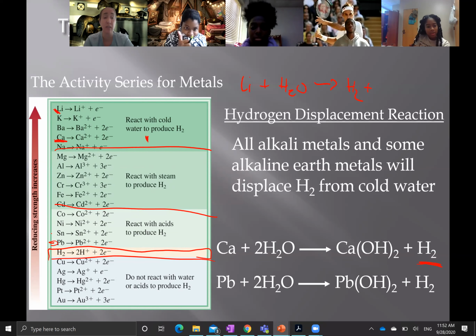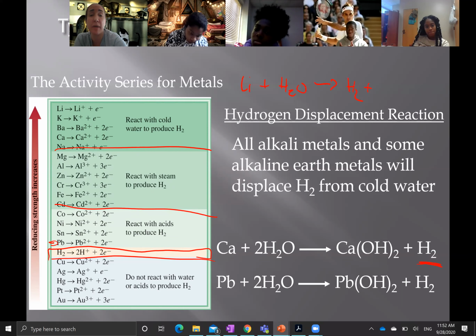Cool? Yes? What's up? So when you're looking at how it goes from lithium to a lithium ion plus an electron, that electron is going to the hydrogen? Yeah, actually, yeah, because it depends what it's being reacted with, but it's usually with water. And if it's H2O,